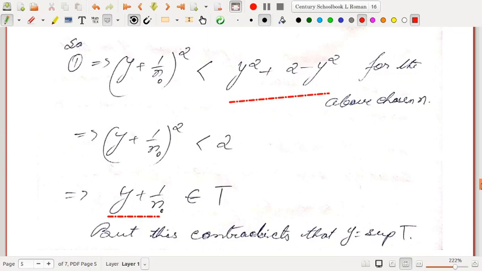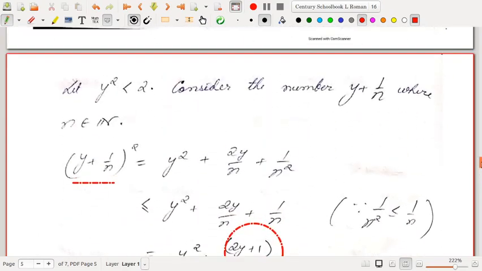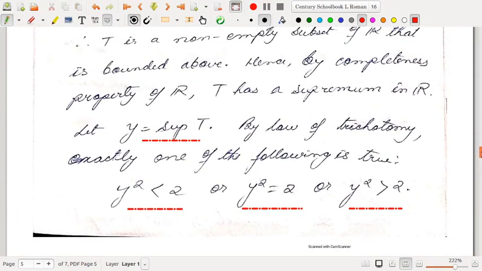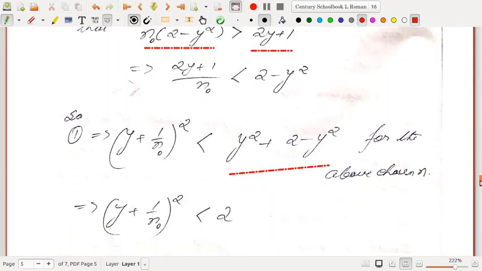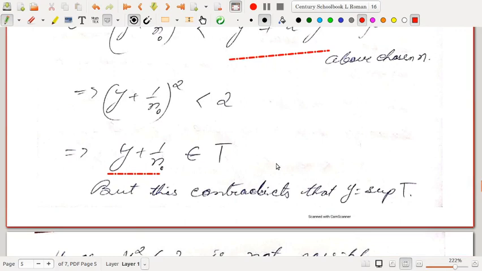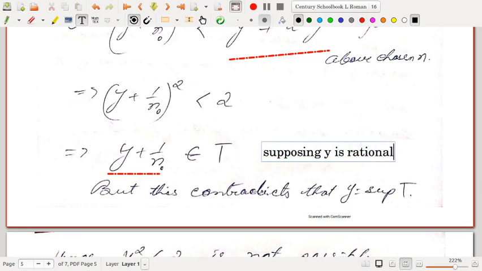Supposing that y is rational, so here we are supposing that y is rational. But we arrive at a contradiction here. This contradicts, so if y is rational,